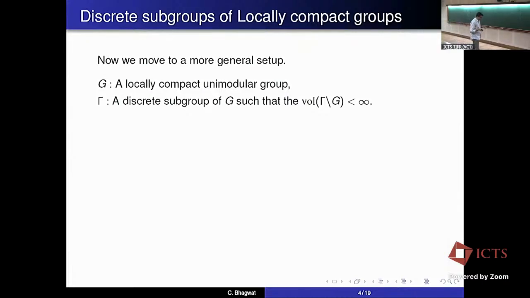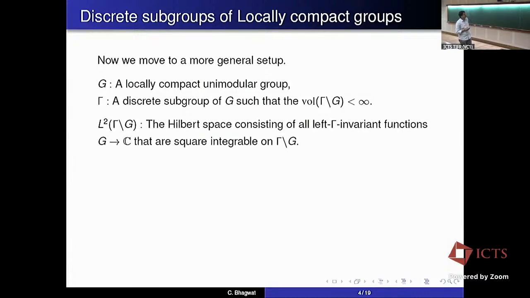Unimodular is also used in the context of determinant one condition. So the formula which I stated earlier was really about unimodular subgroups of Rn. But yes, now we are going to look at this thing: left and right Haar measures agree. And then there is a discrete subgroup with this condition. So G mod gamma will be certain